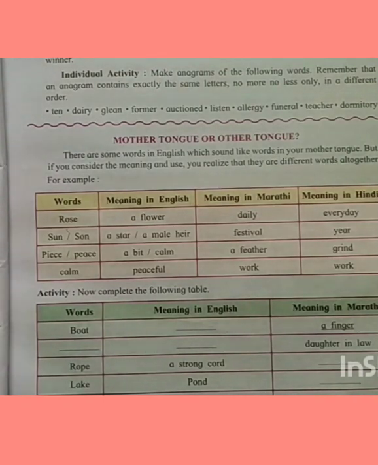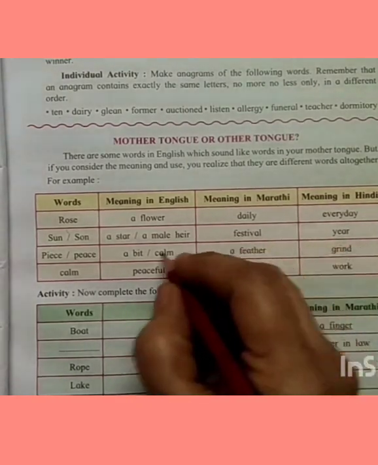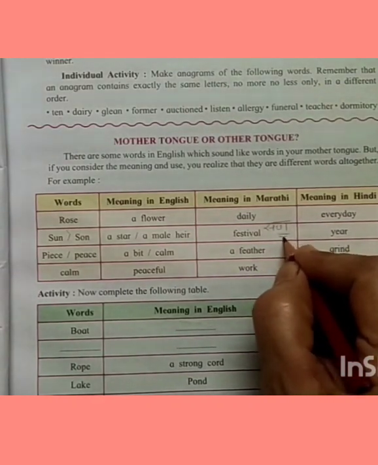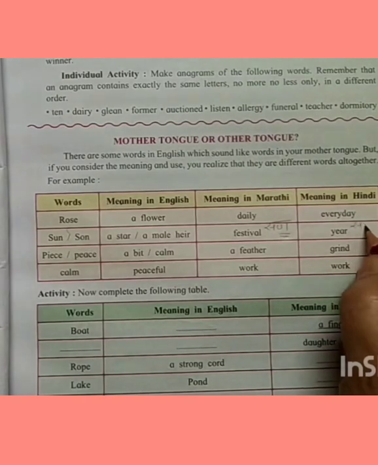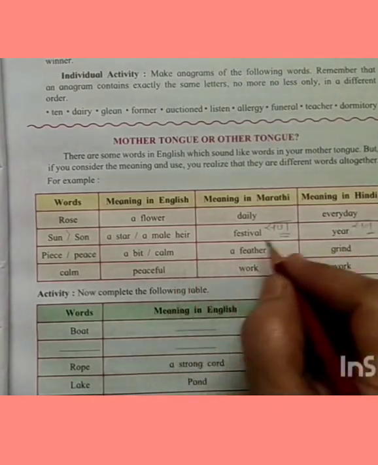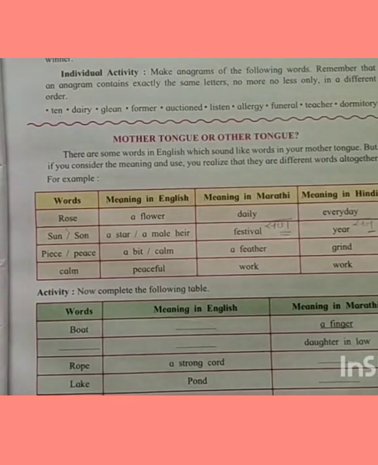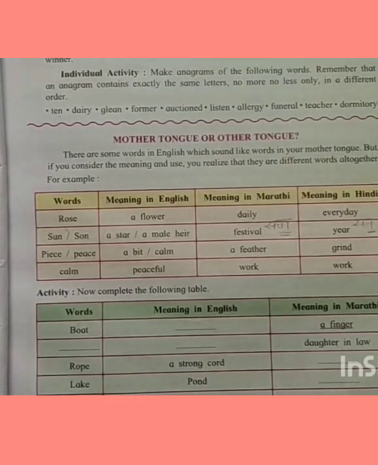In Hindi again we use the word S-U-N, sun. In Marathi it is used as sun. I'll write here. In Marathi it is pronounced as sun, and in Hindi it is again sun. So it is known as the year. Sun 1920. Which year is going on now? Sun 2020 we'll say.